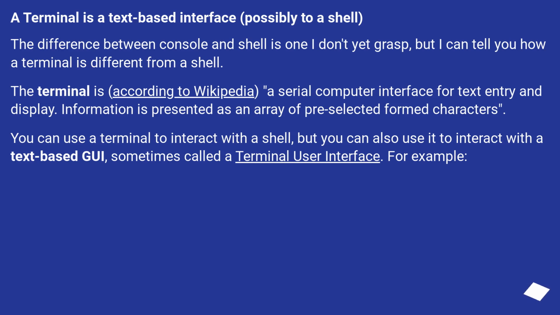A terminal is a text-based interface, possibly to a shell. The difference between console and shell is one I don't yet grasp, but I can tell you how a terminal is different from a shell. The terminal is, according to Wikipedia, a serial computer interface for text entry and display. Information is presented as an array of preselected formed characters. You can use a terminal to interact with a shell, but you can also use it to interact with a text-based GUI, sometimes called a terminal user interface. For example,